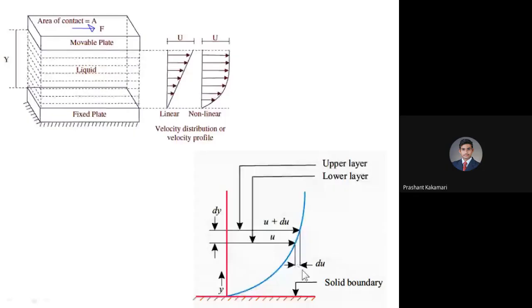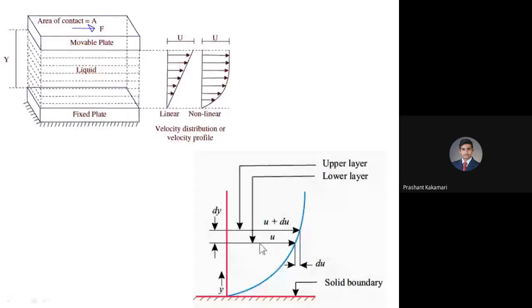as the changing velocity of the given layer. The change in distance is taken as dy. If you see the bottom layer of the liquid and the top layer of the liquid, and if I consider u as the velocity, the upper surface of the same liquid layer is going at a higher velocity. So the change in velocity du is added to the earlier velocity, which becomes u plus du. Like this, we have taken a small area, and we are going to derive this, or